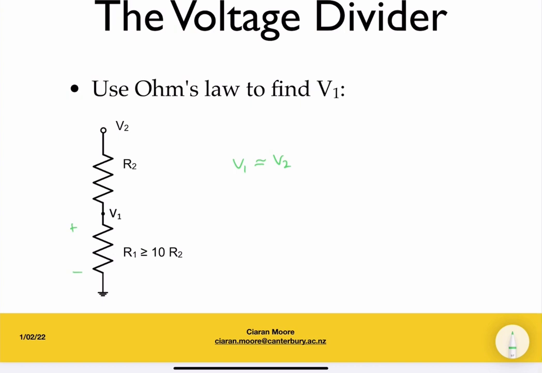If we look at some ratios, R1 equal to 10 times R2, in that case V1 will be V2 over 1.1. If we make the ratio more extreme, say R1 is 100 times R2, V1 will be V2 over 1.01. We are getting closer and closer to V1 equal to